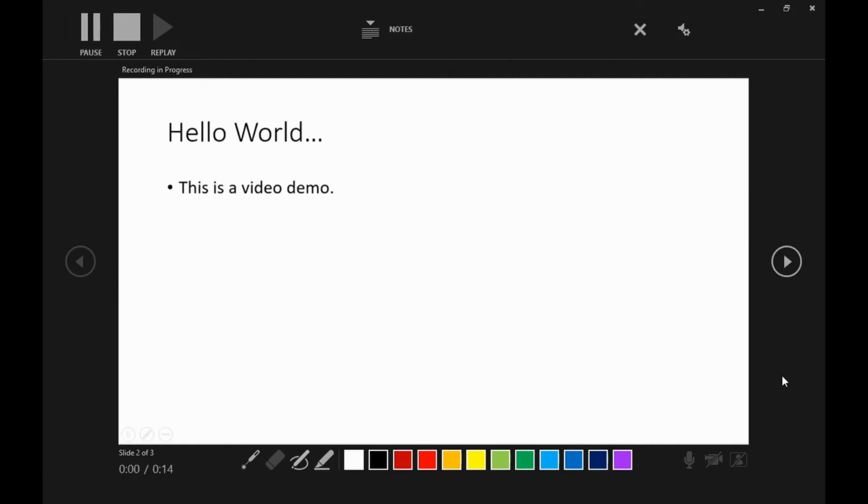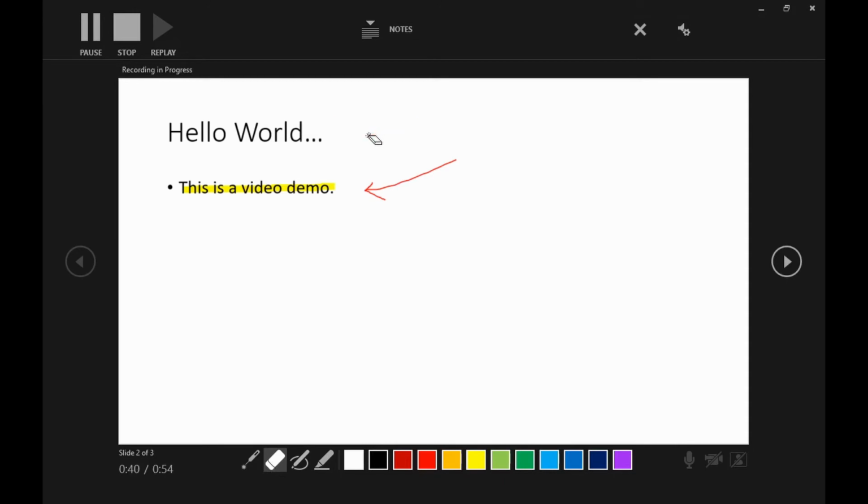Let us move to the next slide. This is a hello world slide, and I can maybe just use a pen marker to indicate what I am talking about, or maybe I can mark an arrow here like this to show that this is something important. I can use even a highlighter to go through this particular text, so this is how the highlighter is used. I can even use an eraser to remove some part which I think may not be necessary.